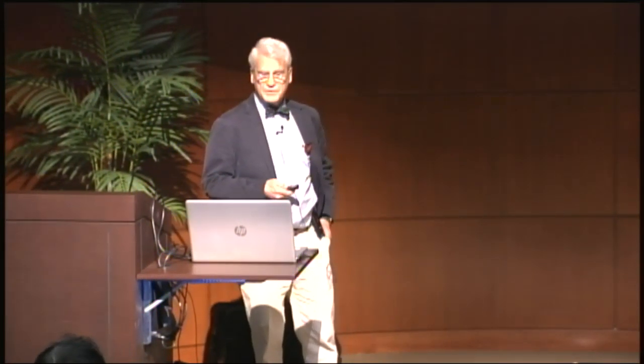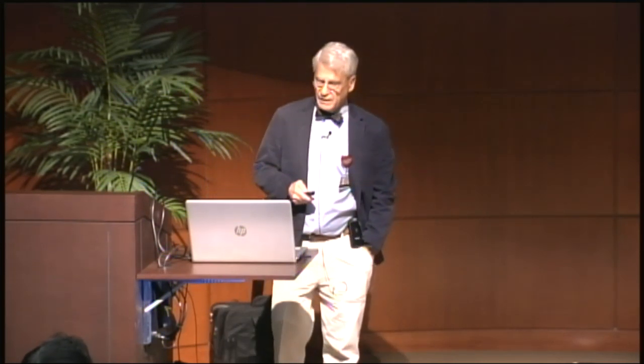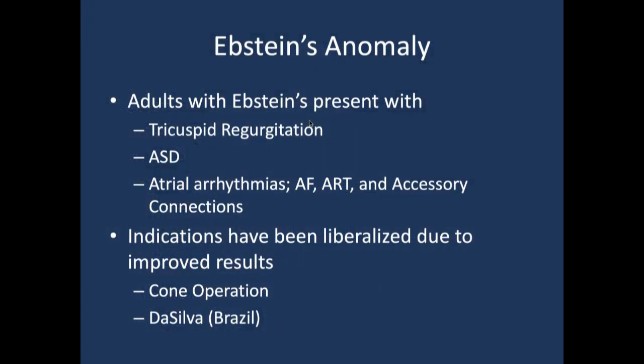Now, going to Ebstein's anomaly of the tricuspid valve. These patients present with tricuspid regurgitation. They have atrial septal defects, and they have atrial arrhythmias, which can be atrial fibrillation, atrial reentry tachycardia, or accessory connections. The indications recently have been liberalized due to improved results, and this absolutely brilliant Brazilian surgeon named da Silva